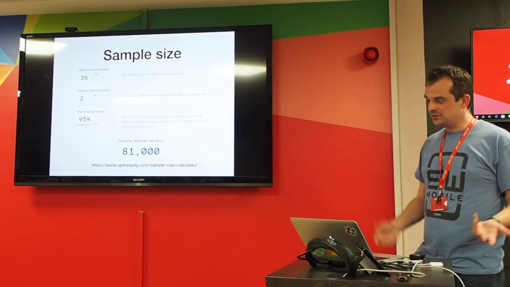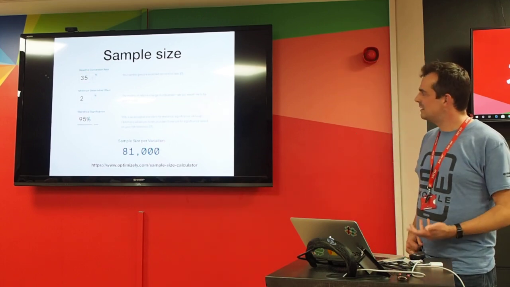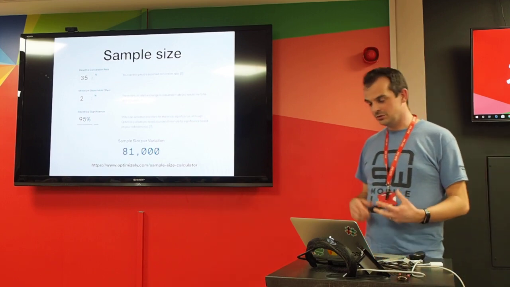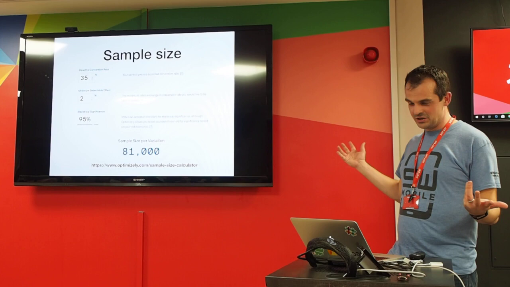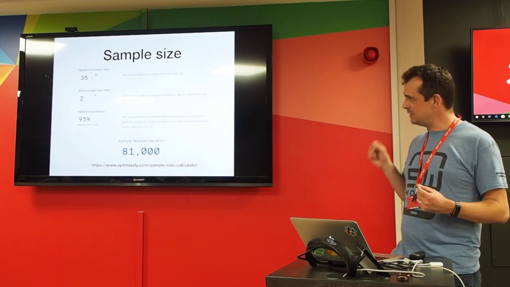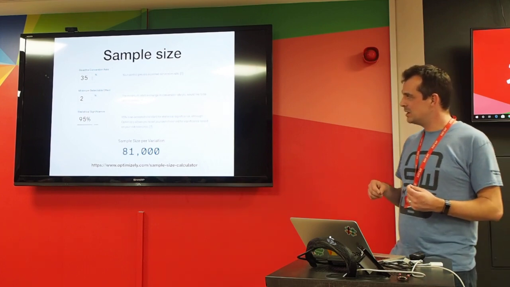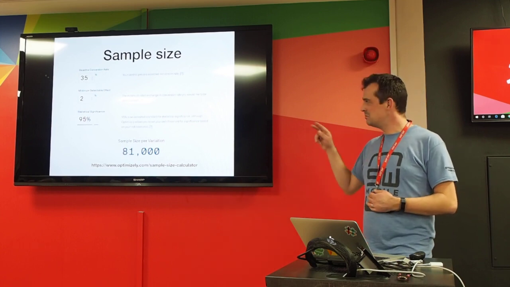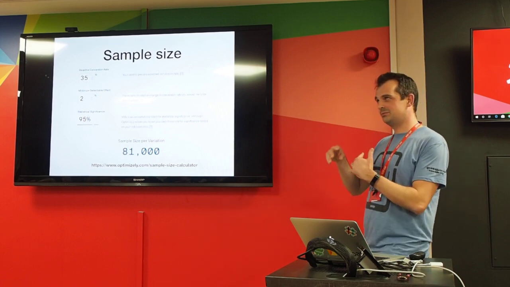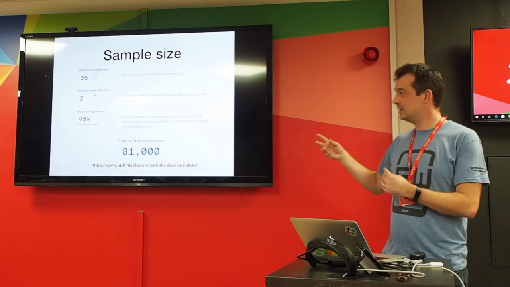So let's say you have a feature which you think is going to significantly affect your conversion rate on your app, and let's say it's got a current conversion rate of 35%, and you think your experiment could have a 2% relative impact on that, so 35 plus or minus 2% of 35.